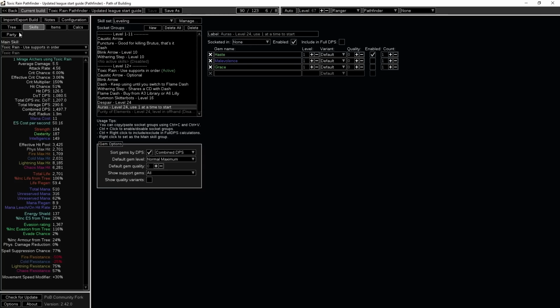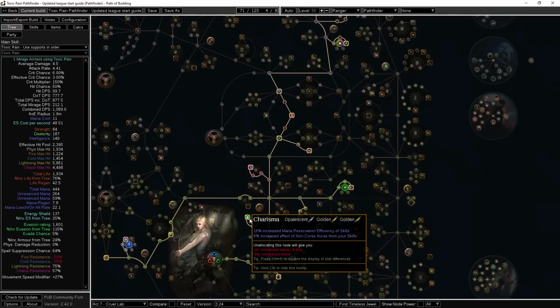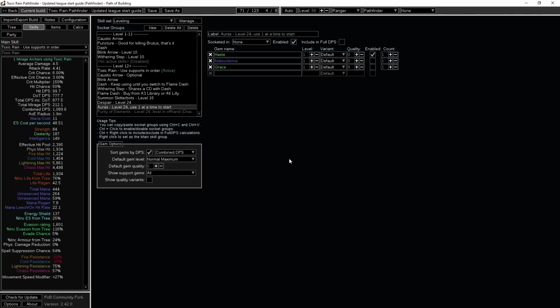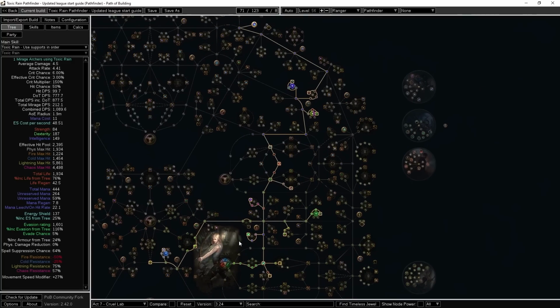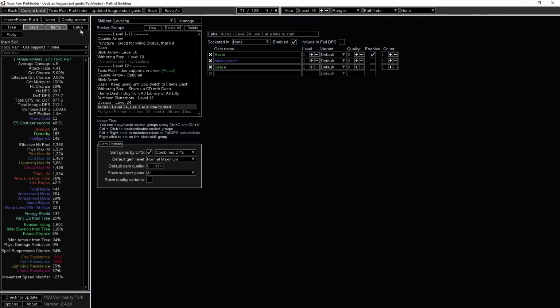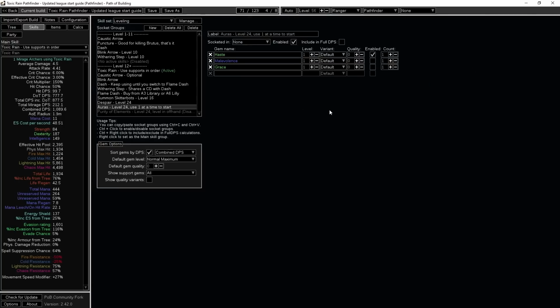And until you hit, I think it's like Act 6 or so, when you're able to pick up this wheel here, Charisma, I'm just using 1 aura the whole time. Once you get Eldritch Battery, I think that's when you can really turn on your second aura. Depending on how much energy shield you have, you can turn on your second aura maybe. But, you know, if not, you can wait until you've picked up Charisma along with Eldritch Battery, and then you'll